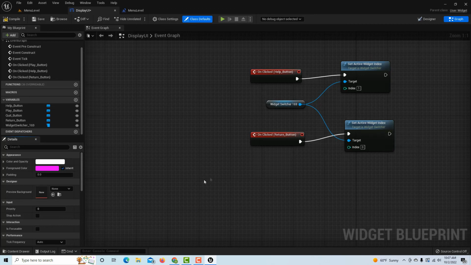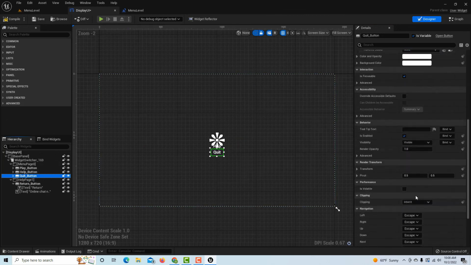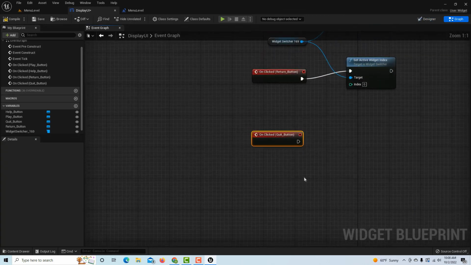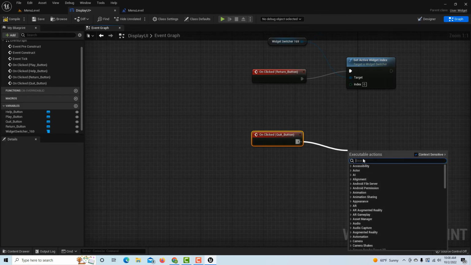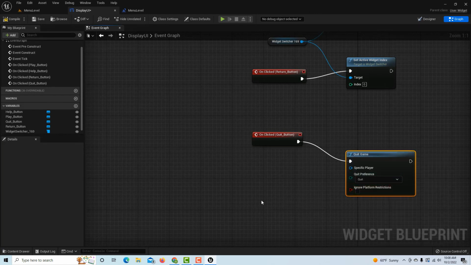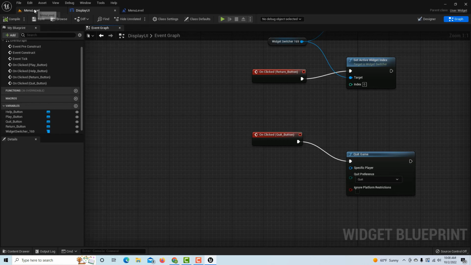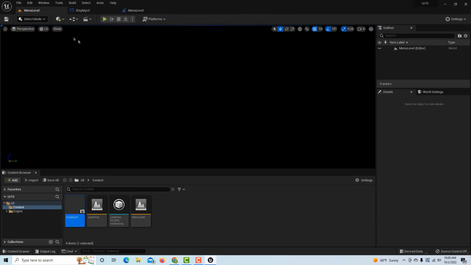And then the last button is actually the easiest one, which is the quit button. So we'll come down here and go on Clicked, and we just drag off, and we just want to quit the game. So Quit Game. And that's all we got to do for that one. And I can go compile and save, and then I can go Save All, and now if I play the game, I hit play,